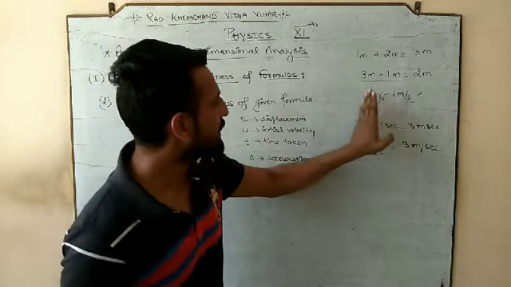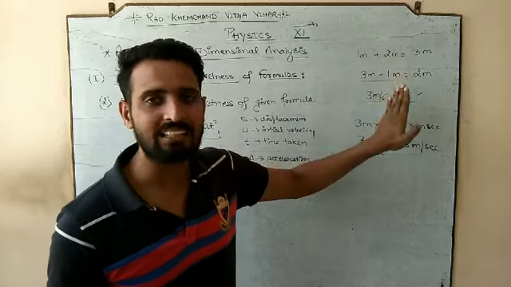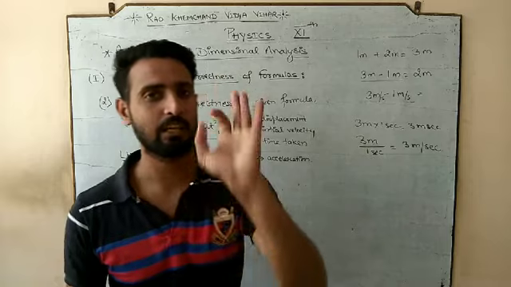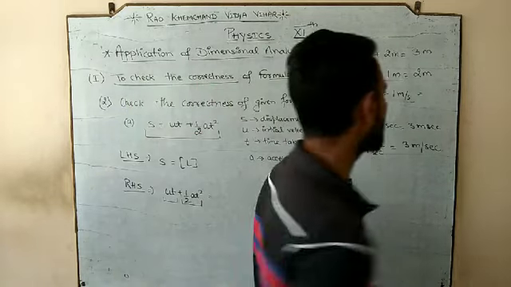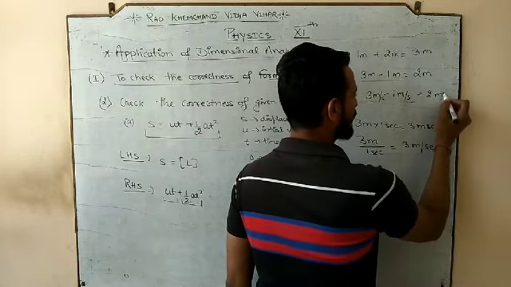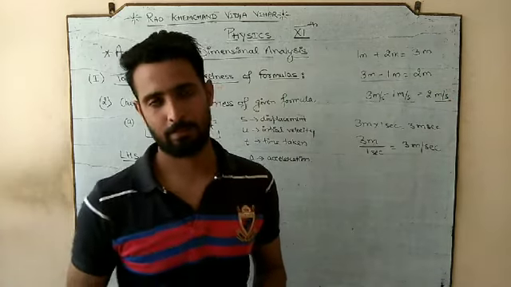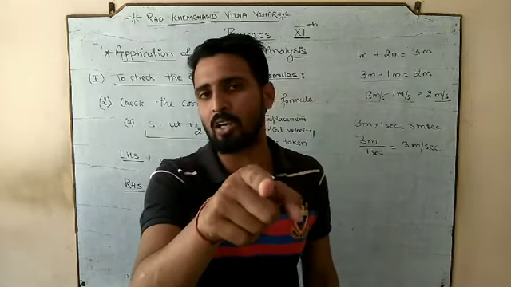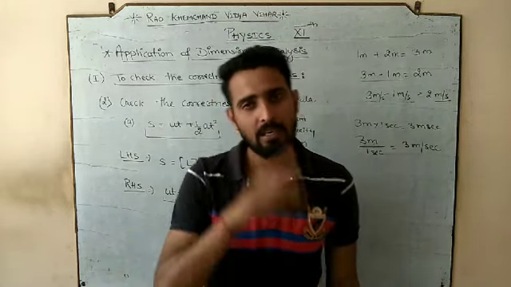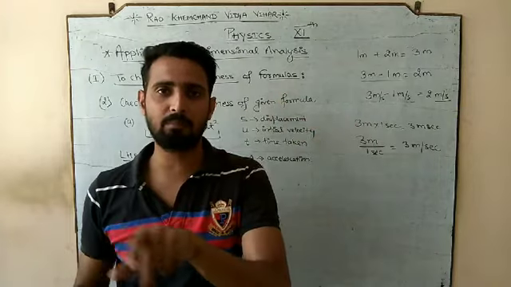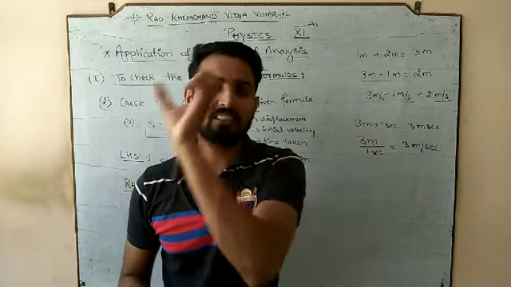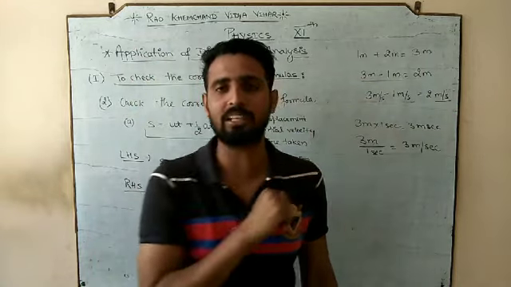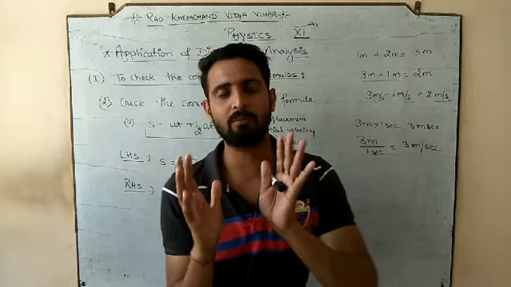The second thing, 3 meter per second subtracted by 1 meter per second. Meaning 3 meter per second minus 1 meter per second. What's your answer? It would be 2. But what can you tell me about the unit? Meter per second minus meter per second gives you what? Meter per second. Meter minus meter gives you meter. Meter plus meter gives you meter. Meter plus meter can't be meter square. It would be meter into meter that gives you meter square. Am I clearing what I am trying to say?